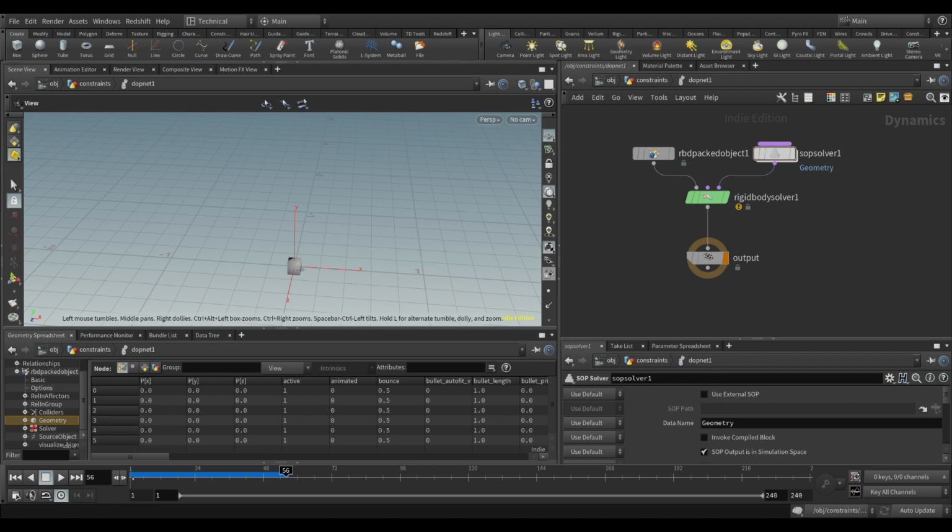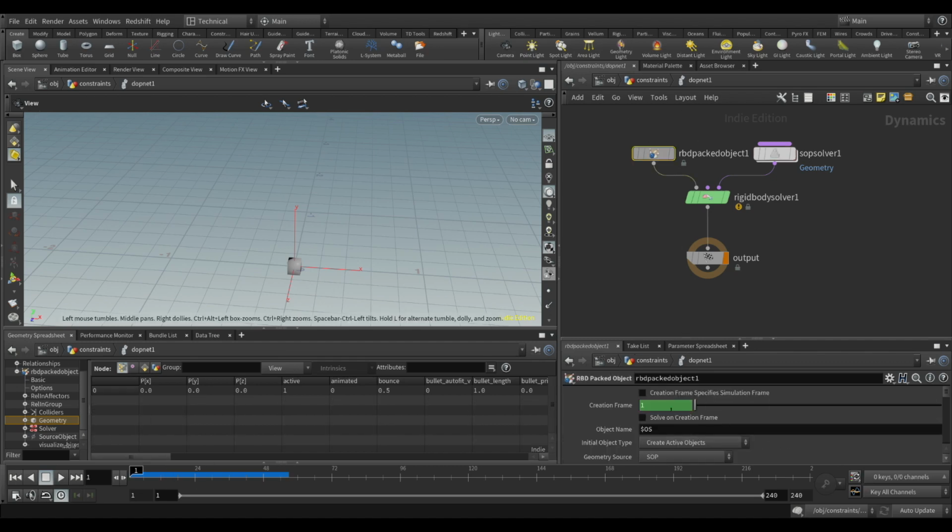Now if we head back up, you'll see something a little bit funny about SOP solvers that's worth keeping in mind. You'll notice we've made a change, but our status, our cache bar here, is still blue. It still suggests that it's live and it's correct. Normally it would go orange after you change something to tell you it's dirty and needs to be resimmed. SOP solvers, because there are so many nested loops and feedbacks, don't keep track of this nearly as well. What you'll generally want to do is go back to 1, and then go into any of your objects and find one of these creation frames, simulation frames, and toggle it on and off to force it to reset. That's generally how I force things to start fresh because we've made a real change. So if we run this now,